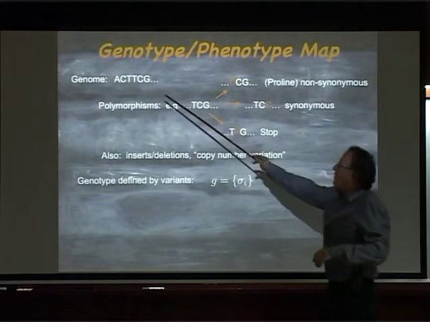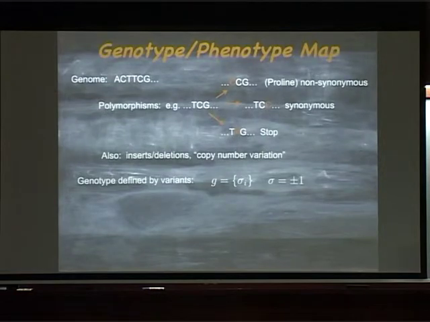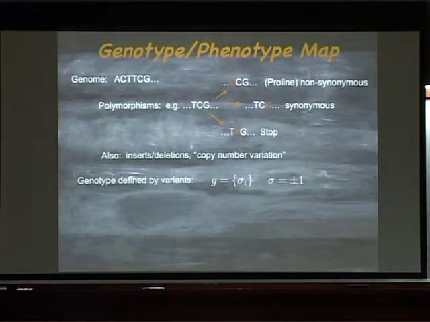So this was the genome. In the population, you will see these polymorphisms, variants. But even if you have a lot of them, typically there'll be a small fraction of the whole genome. Maybe a tenth of a percent. That's what it is between any pair of us in this room.